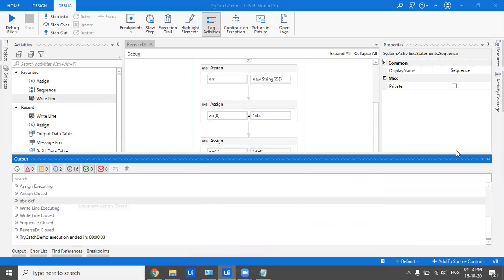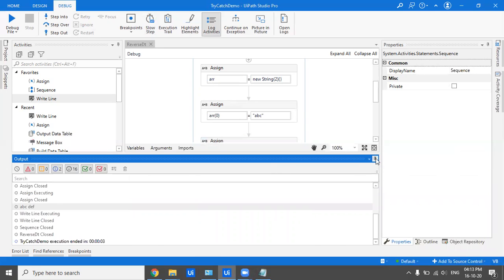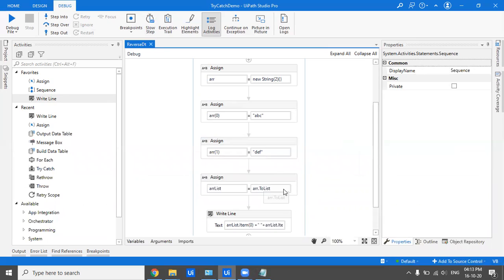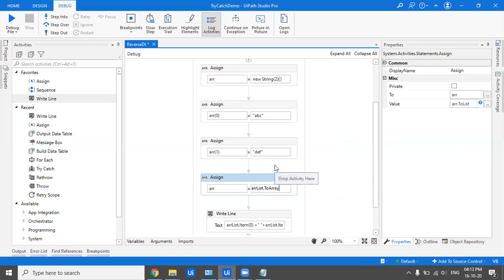So here we have the output. We have printed what is in the list. And how did we get this in the list? Because we did not store it, we just converted it. And similarly, you can do this the other way around, if you want to convert the list to an array. What you'll do is have ARR list, the name of your list, and you can just do dot to array. So your list would be converted to an array.